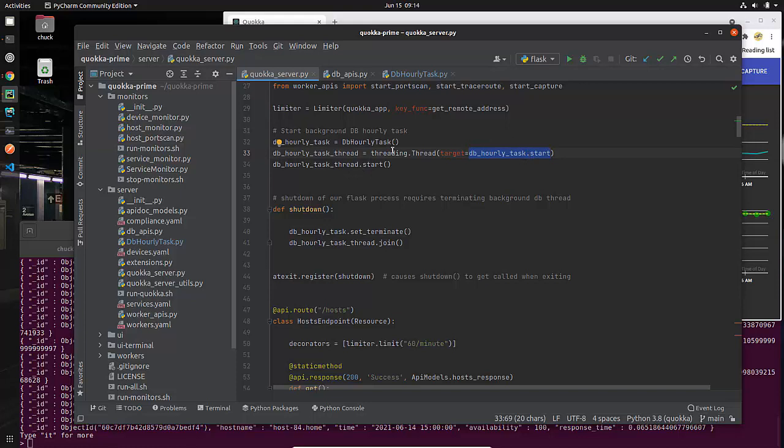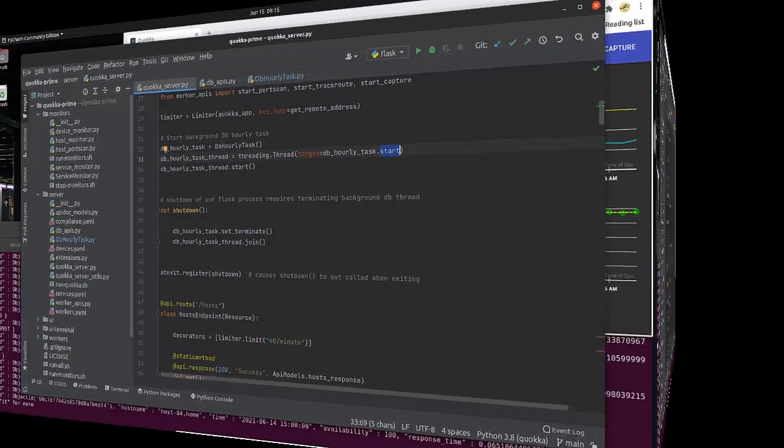And then my thread hasn't started until I say DB hourly task thread.start. I do talk about this in our 52 weeks of Python, where I talk about threading, thread pools, and asyncio, so you can look there for some other examples. But I will be looking at this code next. That is the main thing that I want us to see here. Next, we're going to dive down and look at actually what happens inside this DB hourly task function.